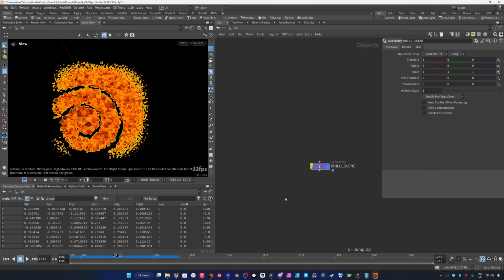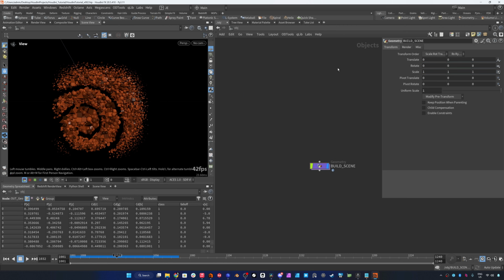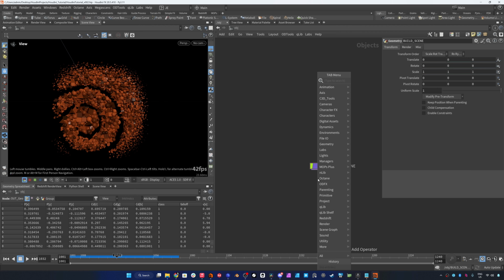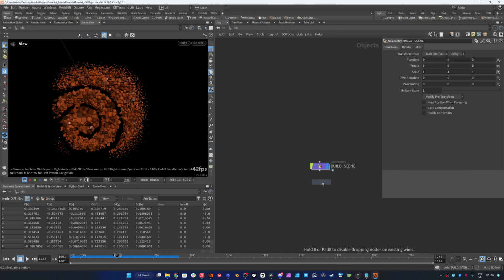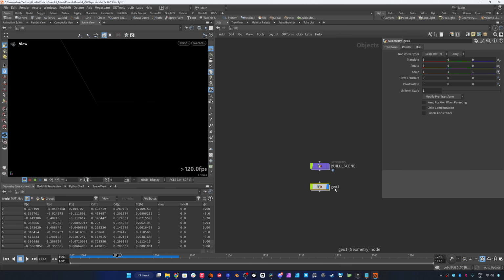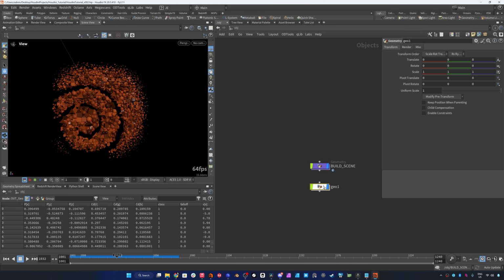So now we can head up one level, and we are now on the object context, and this is where we're gonna place our lights and cameras. The thing that I usually tend to do is to create a separate GeoNetwork that I'll use to render. And the reason why is because sometimes I might have multiple streams of geometry built in the same network that I want to separate when rendering. In this scenario, I only have one output, but in order to keep things consistent, let's create a new geometry network. And then I'm gonna rename this to